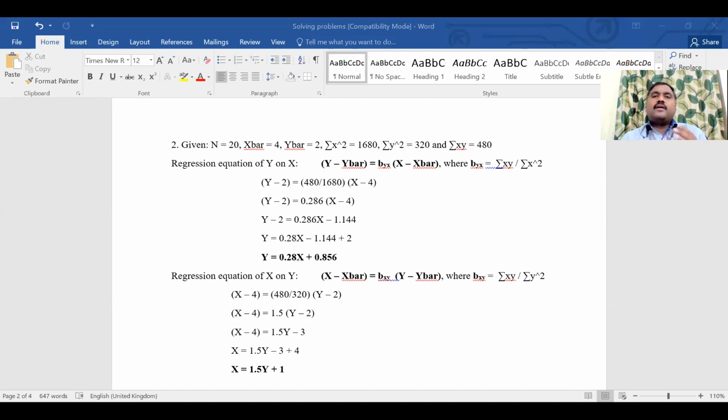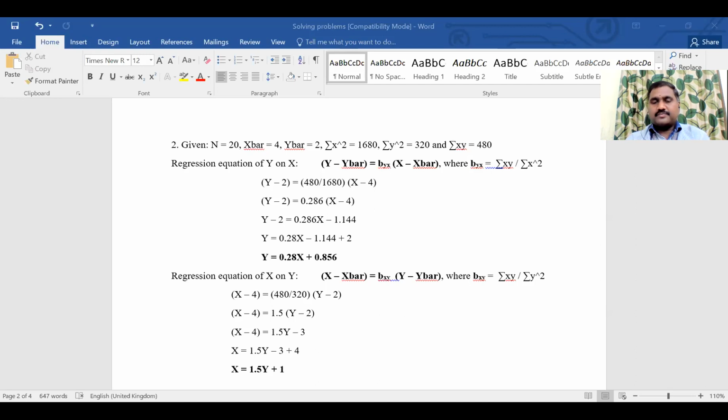As already mentioned, when they are mentioning any method, please go ahead with that method. If they are not mentioning a method, you can follow any method. Take the same example, xy. Suppose they say find the regression equation y on x, x on y through regression coefficient. They mention only the words through regression coefficient. In that itself, we have two methods, one is actual and one is assumed. If they only mention the regression coefficient, then use any method, actual or assumed.